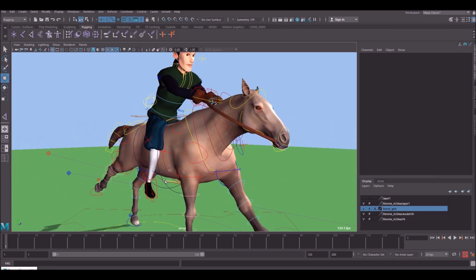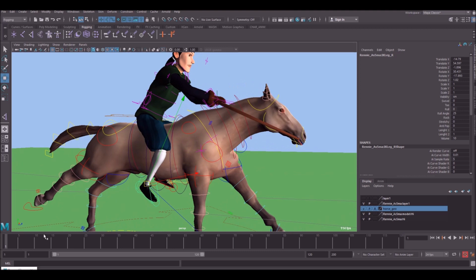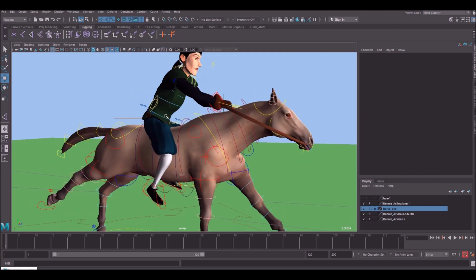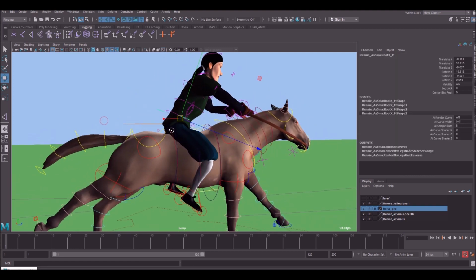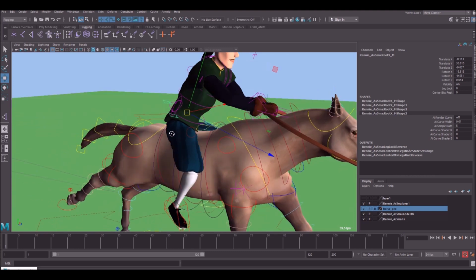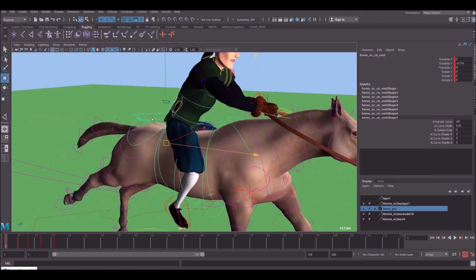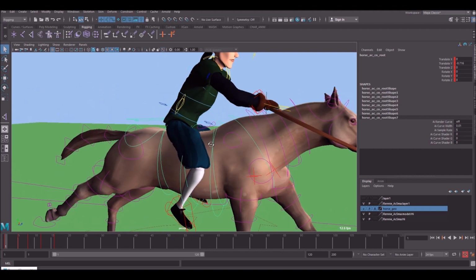Now, I suggest you keep the legs in IK. That's because he would have stirrups on and he would be able to push off as well. But for now, let's just start with the hips. So with the hips, you need to find an appropriate controller to parent constrain to. Now, I would suggest that you parent to the hips of the horse,